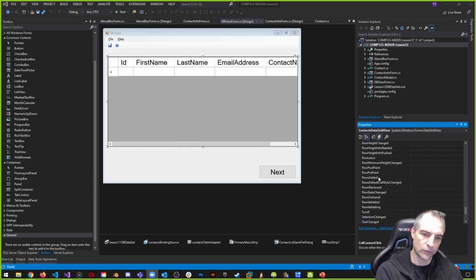Notice it says rows added, rows removed, row state changed, unshared, validated, and all this stuff. So there isn't really a thing particularly with the row. Row enter, definitely. If I enter the row, that means like if I put my mouse in there, row height changed. If I try and modify stuff, the header changed or whatever. So that's one of the things that we can definitely do. Resize, but there isn't anything like that to